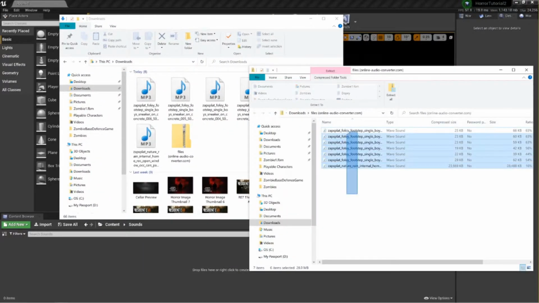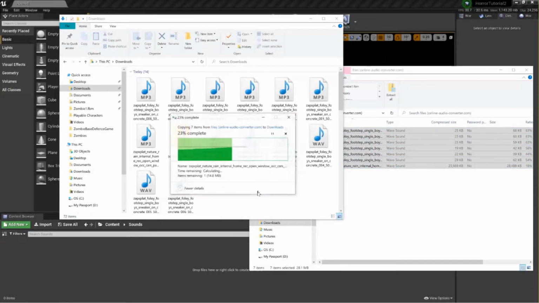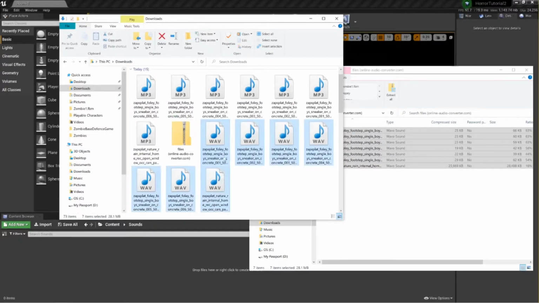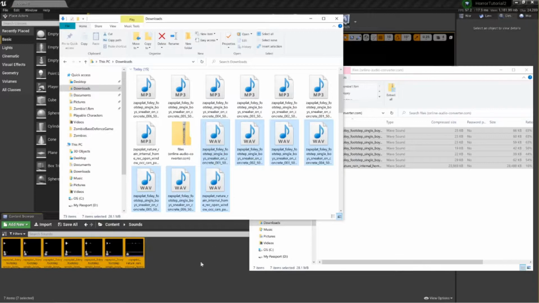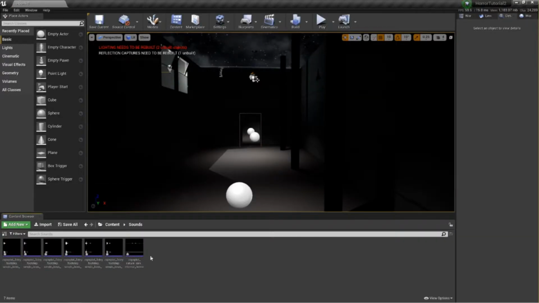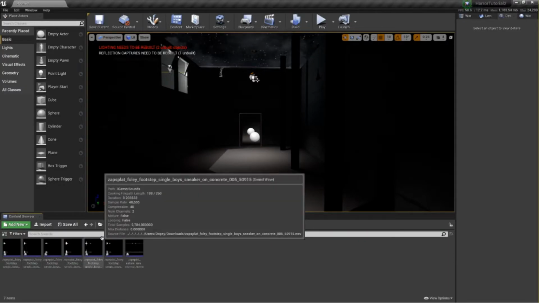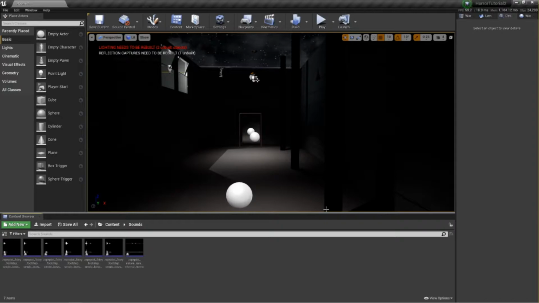Let's grab these and chuck them in here. There we go. And then select those and put them in here. I think. Come on. Oh, it's done it. There we go. So we've got all of our sounds. We've got rain and we've got our series of footsteps. Now we need to put the footsteps on the character and set when we want it to play